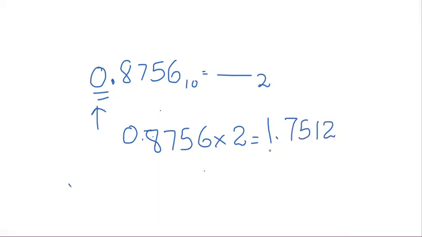What we do is we take this integer part and put it on the side, after our decimal point, and then we choose only the fractional part. So from this whole number we subtract the whole part, and we get